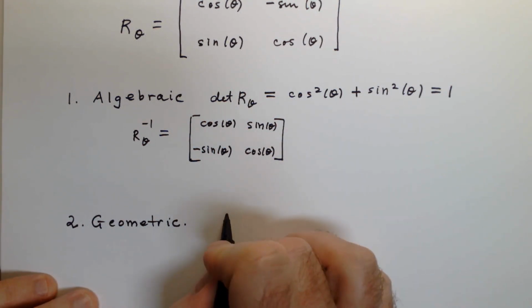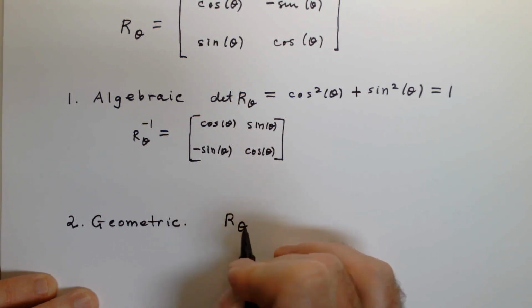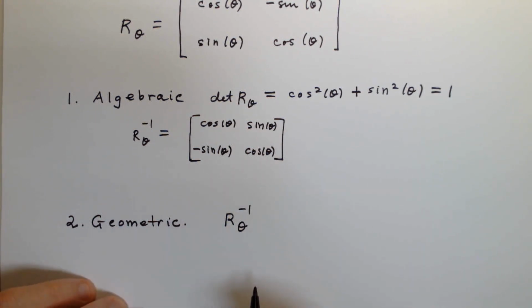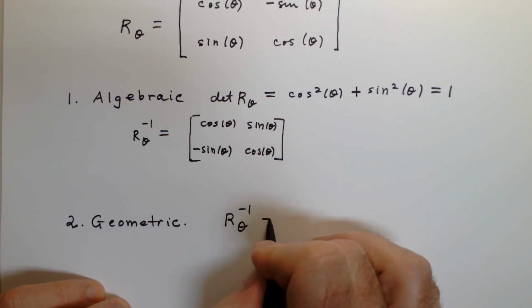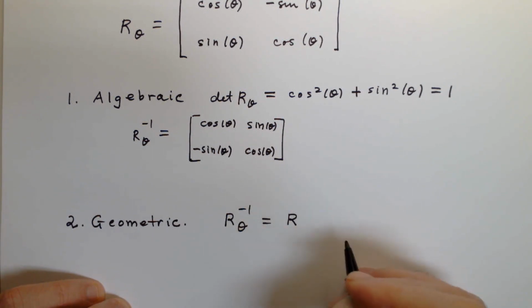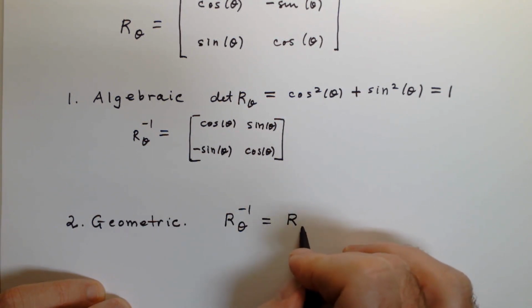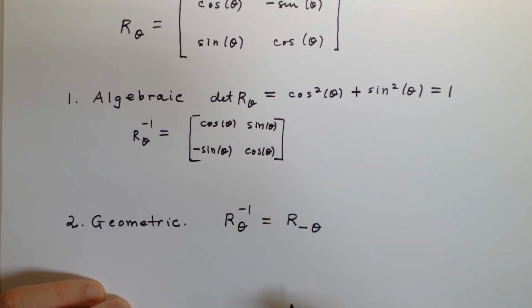So the inverse of this transformation is going to be a clockwise rotation through theta. And as in our previous problem, we know that that's the same as a counterclockwise rotation through an angle of negative theta. Okay? So the inverse, just on purely geometric grounds, for R of theta should be a counterclockwise